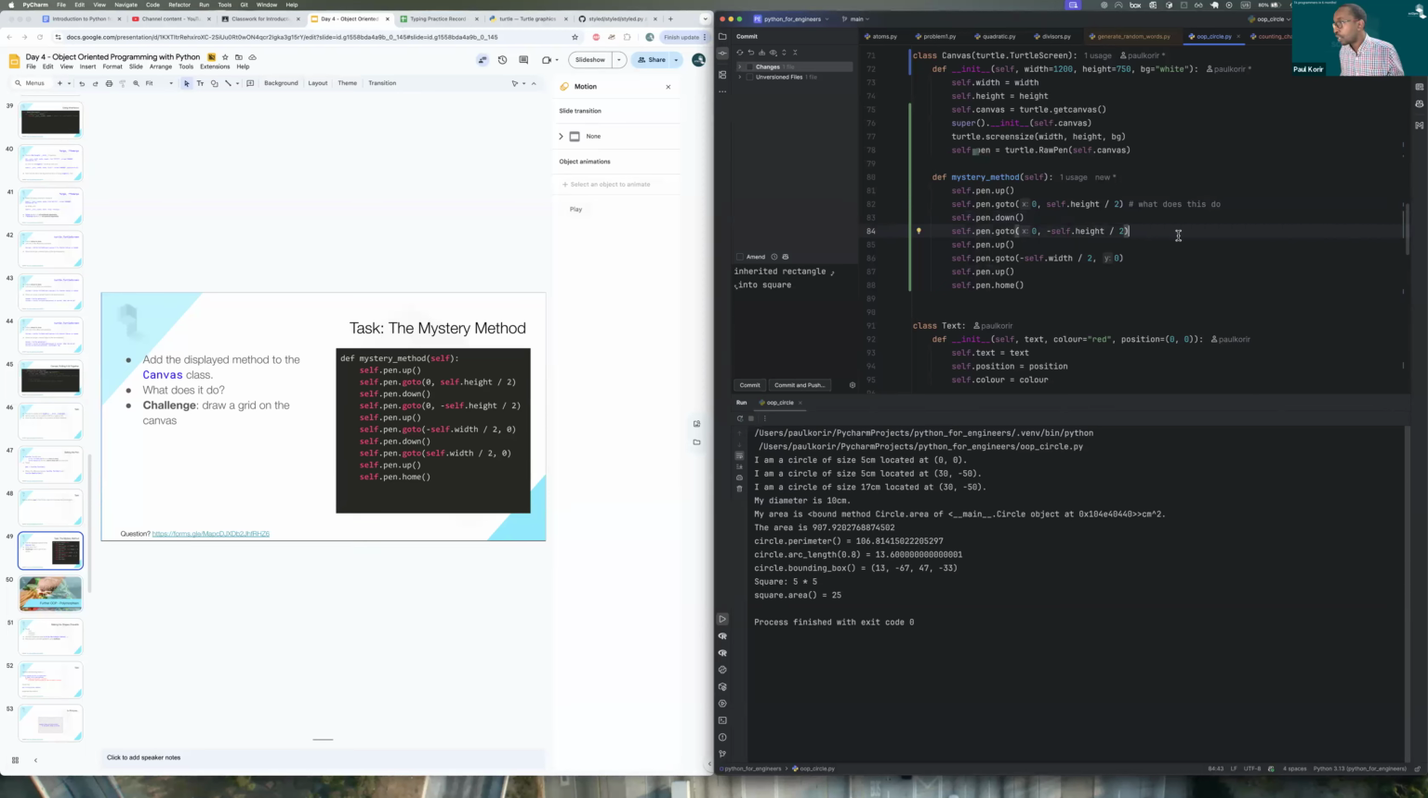There's something missing. Self.width divided by 2. I think I missed a self.pen.down, and then there's a self.pen.goto, self.width, let's divide by 2, 0. Okay, and then that's a pen up. So 1, 2, 3, 4, 5, 6, 7, 8, 9, 10. Okay, so if I run that again,